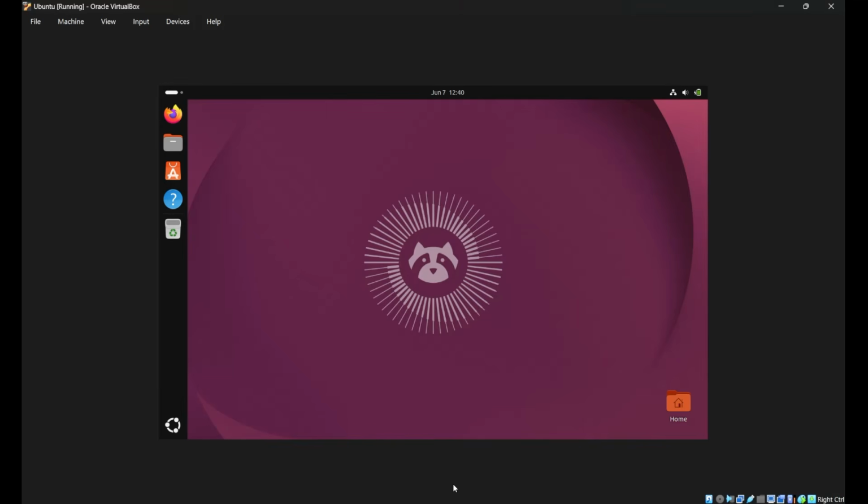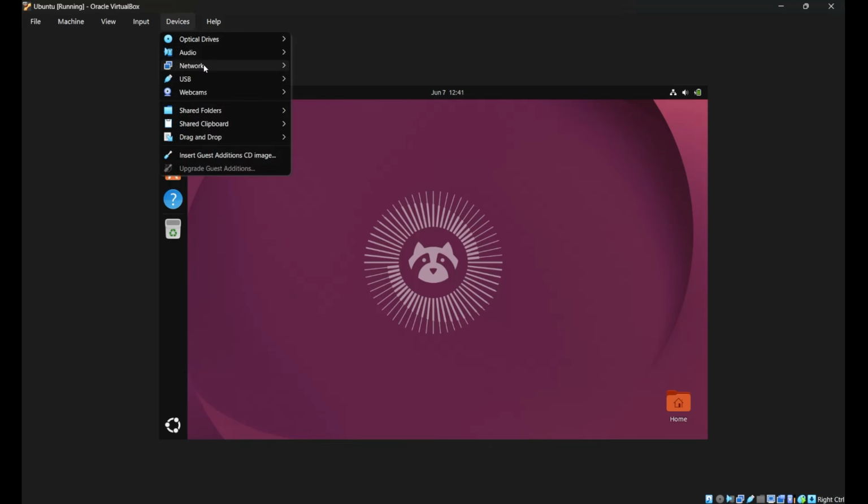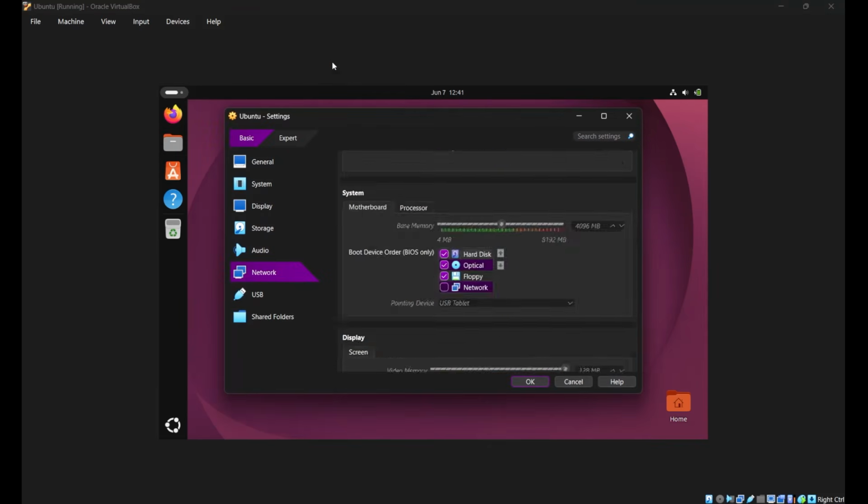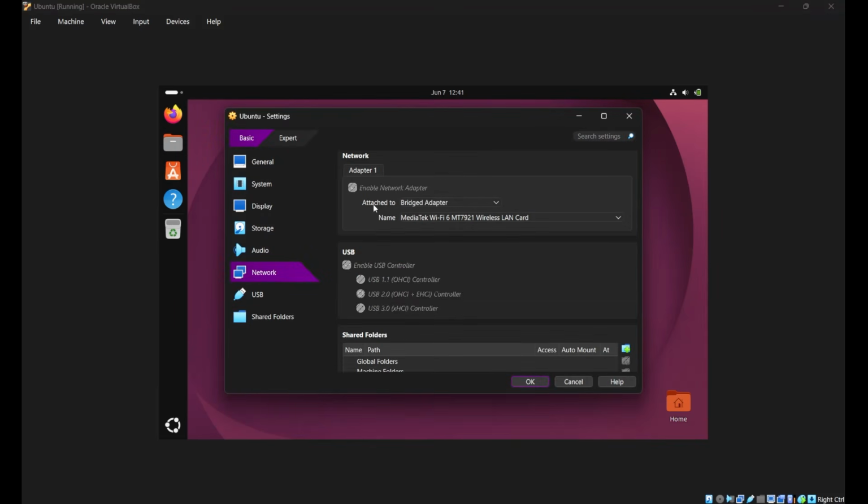In this particular lecture, we will understand how we can access CentOS and Ubuntu using CMD and Git Bash. Simply come to your device option, click on network setting, and make sure that it is attached to bridge adapter. In case it is NAT, change it to the bridge adapter, right? Fine. Now after that, click on OK